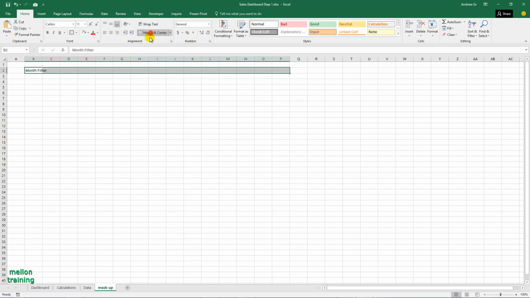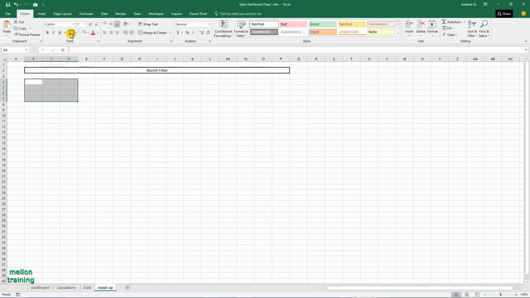The first metric is revenue. Draw a box somewhere there. Type revenue. Inside the box I want to show a trend of the revenue for the last 12 months with the help of sparklines.